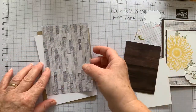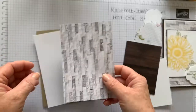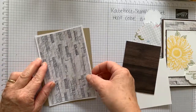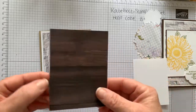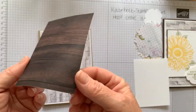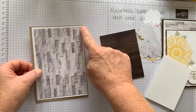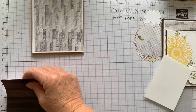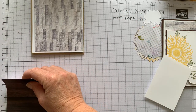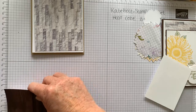I've picked out this one that looks a bit like tiles or brickwork to go on there as my next layer. Then I have a smaller piece of the same papers here. So this layer will be 9.5 by 13.8. And let me tell you what this little piece is in case you're crafting along. This little piece is 7.8 centimetres